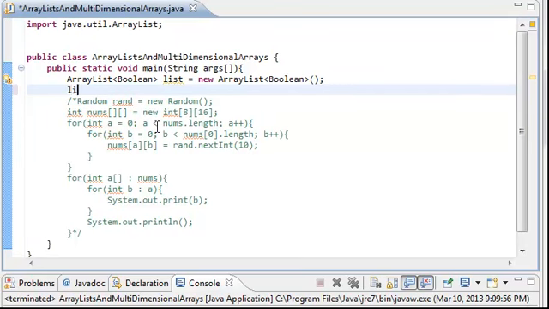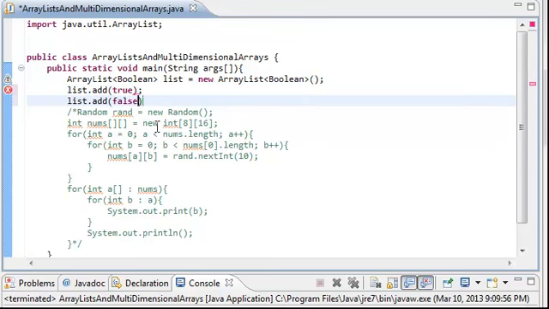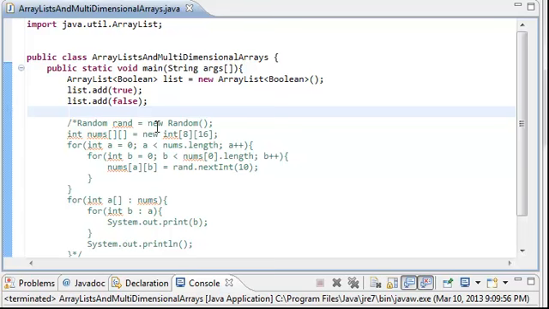So we can do now list.add true, list.add false. And basically, instead of having to say how long it is, you can have an infinite list. Well, besides the fact that you'll take up your computer storage space, but you wouldn't want to store a trillion long variables or something, I don't know. Point is though, here we go, we added, and so if we do a for loop, it works for array lists. We can do